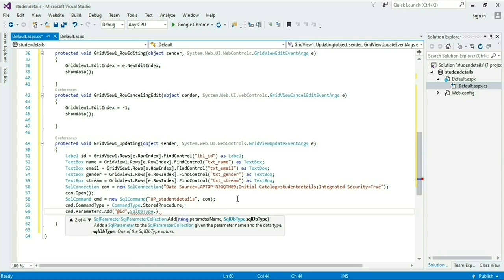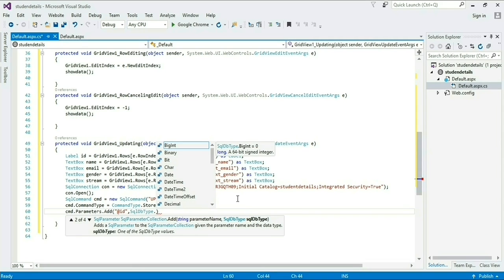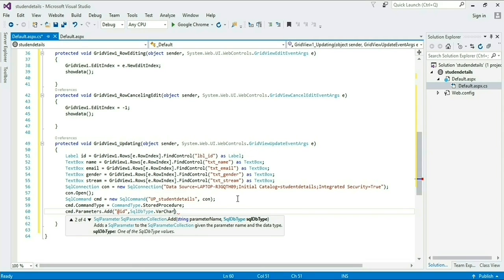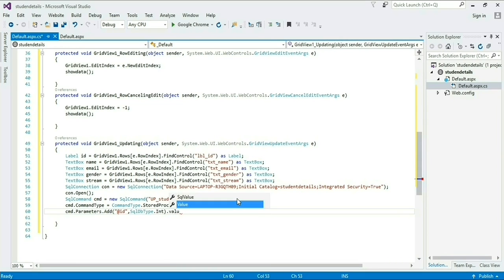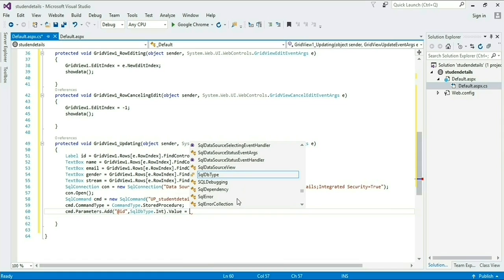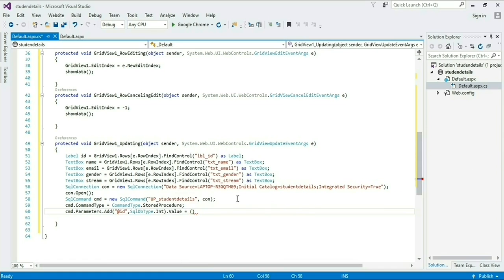If you remember, I passed these parameters at the time of creating the stored procedure. SqlDbType means what the parameter data type is, it's integer.